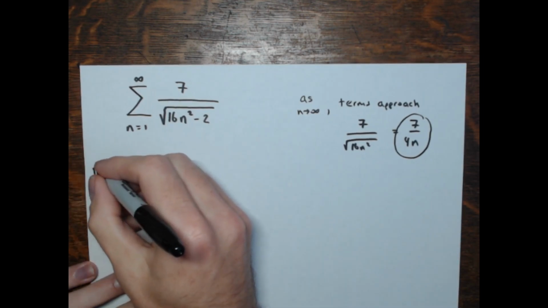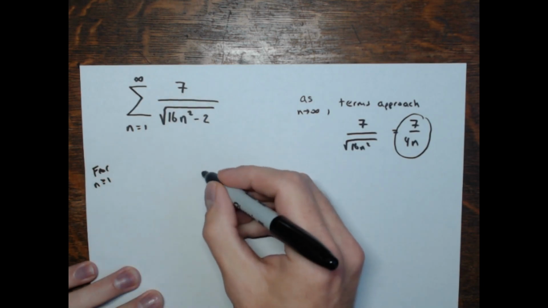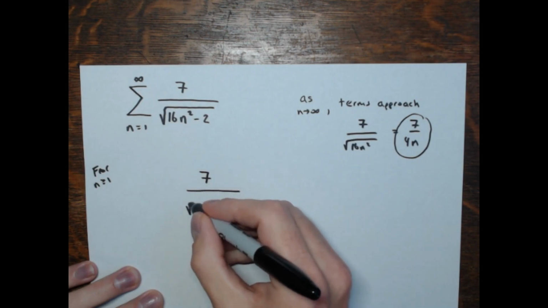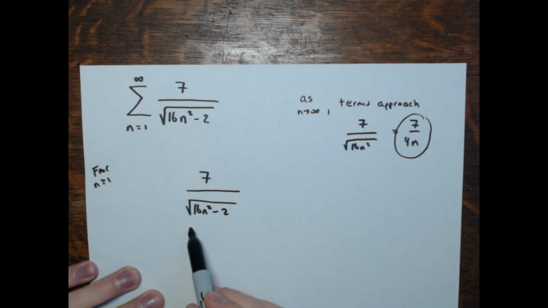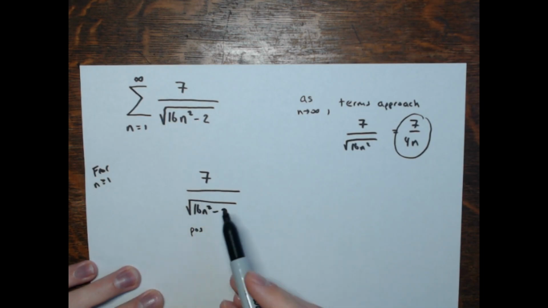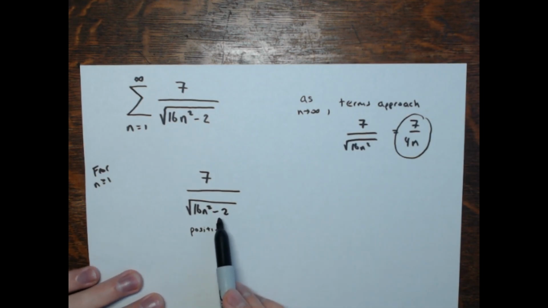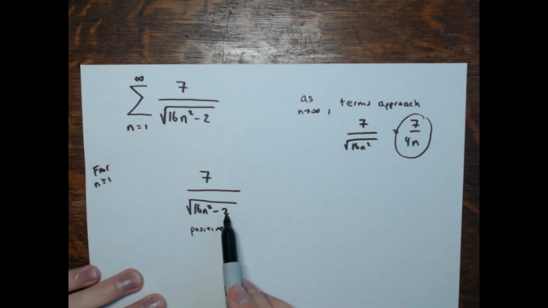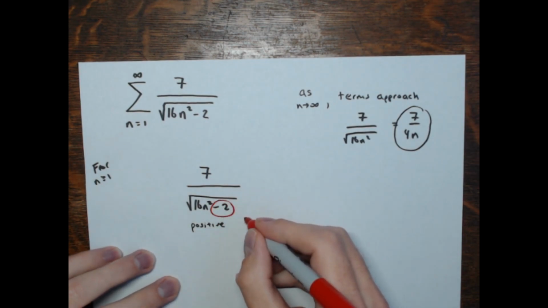All right. Now for n greater than or equal to 1, these 7 over the square root of 16n squared minus 2, these will be positive, right? These are positive, non-negative. Plug in 1, plug in 2, plug in 3. They'll be positive, but getting smaller and smaller, but they're positive, sure. Now, if I'd like to compare this to this, remember I said this minus 2 after a while kind of doesn't matter. It'll be almost negligible. Now, if I get rid of that, though, that's a negative number. This minus 2. If I get rid of this,